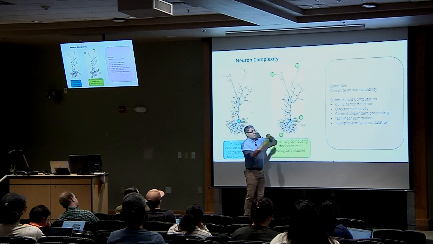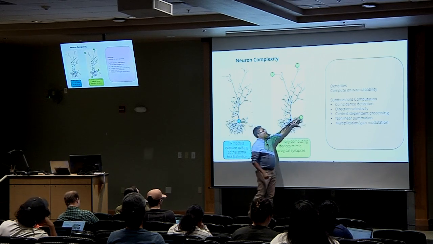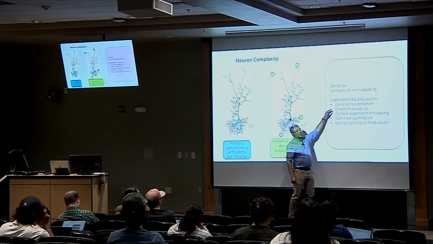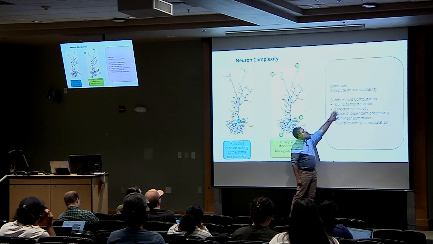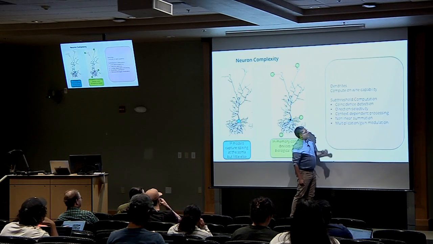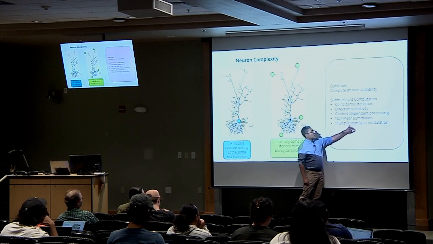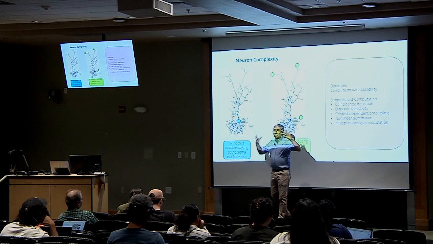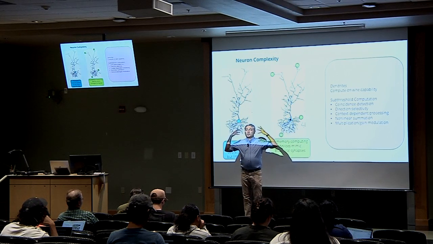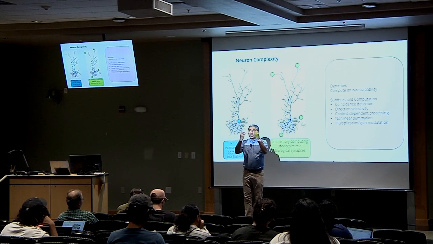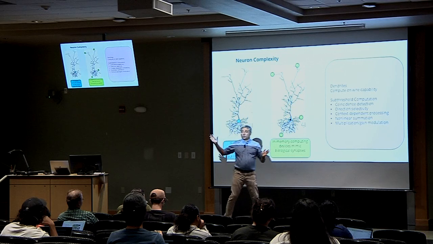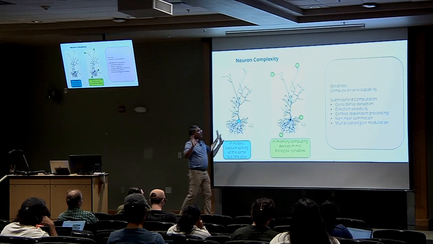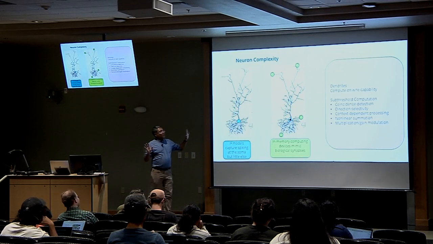And these tree-like structures called dendrites do a lot of sub-threshold computation. They solve coincidence detection, context-dependent processing, some nonlinear summation. They do multiplication, and your retina is full of sub-threshold neurons. By the time light impinges on your retina and goes to your visual cortex, it's done a whole bunch of computation already that we just conveniently ignore in our modern engineering.